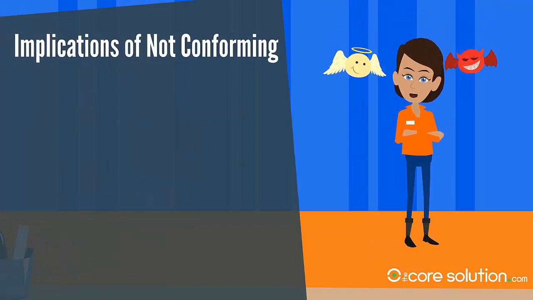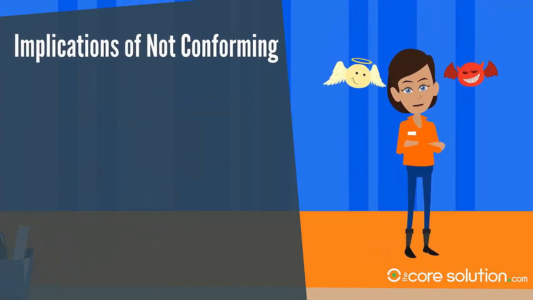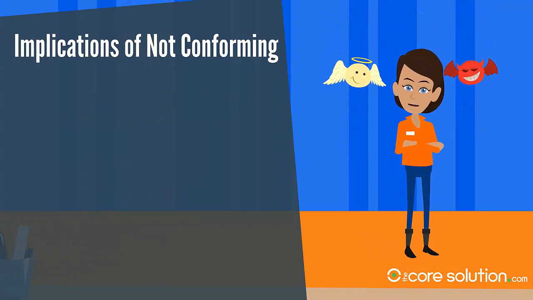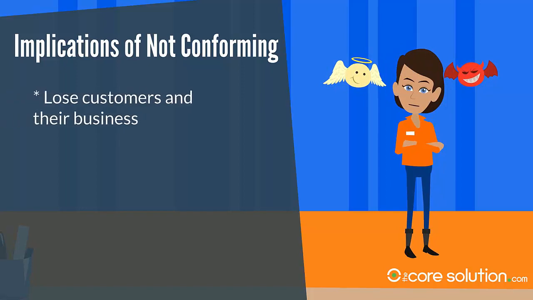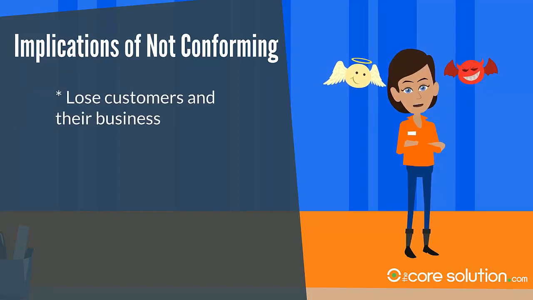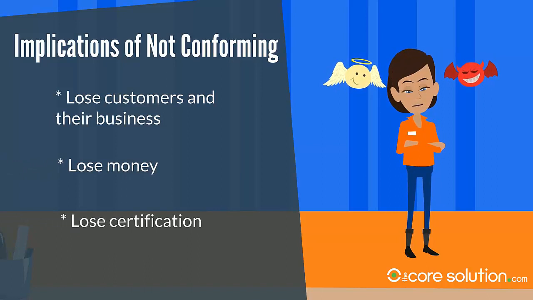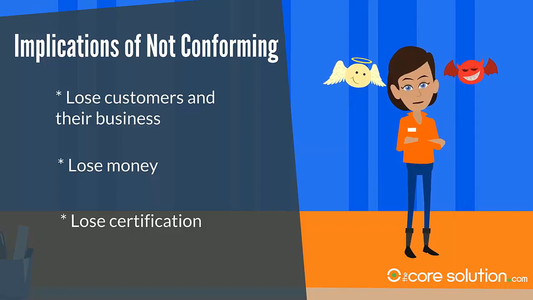Some organizations, not yours of course, but some find it difficult to get all employees on board and they experience some pushback. Again, this will not happen at your company, right? There are serious implications of not conforming to the requirements of the QMS. These include the potential to lose customers and their business because you have unsatisfied customers, lose money because of needless scrap or the cost of rework when processes are not done correctly, lose the certification because if the auditor finds too many instances of people not performing their jobs according to the requirements of ISO 9001 and your own requirements, then the certification will not be issued.